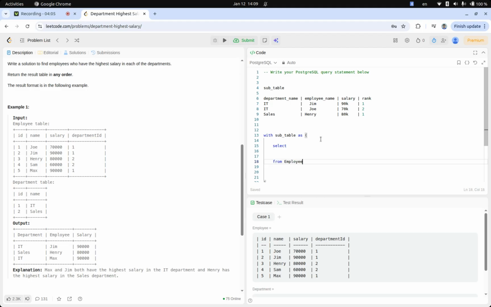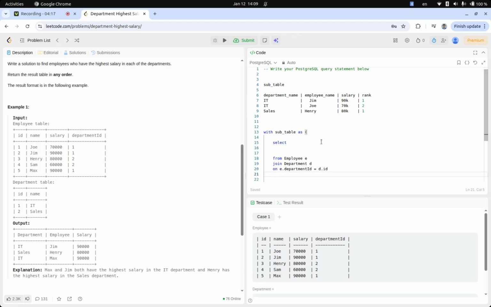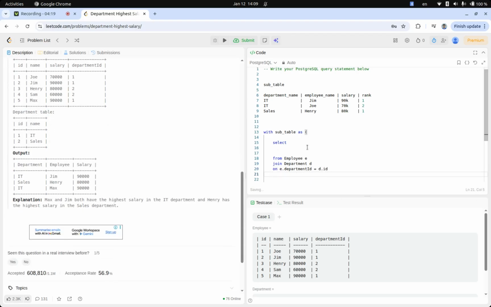So I'm going to say from employee E, I'm going to say join on the department table. I'm going to give it an alias D on E.department ID equals D.ID. And we've joined the tables, and what values we need to fetch. We need the department name. So I'm going to say D.department name, or D.name as department name,